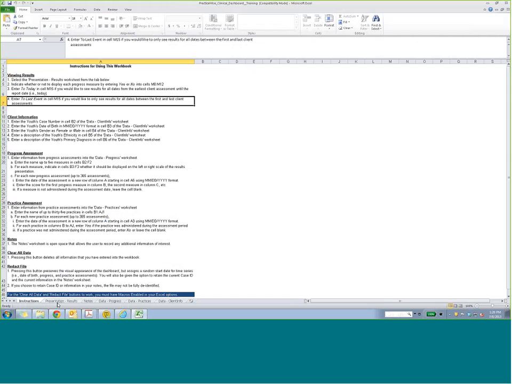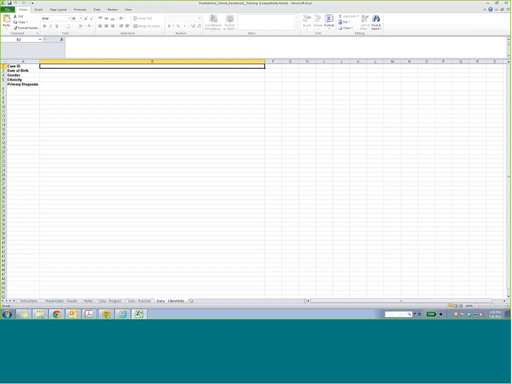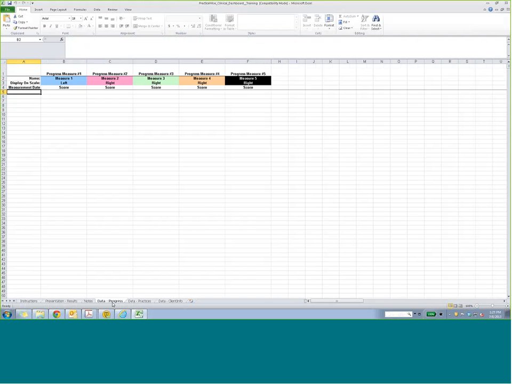Each of the tabs on the bottom here allows you to enter information particular to the patient or the client. The first tab all the way to the right includes demographic information. And then here is where you're going to be entering information regarding the measures.